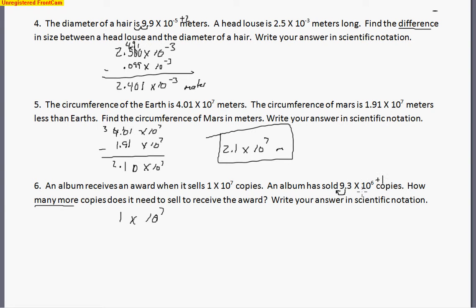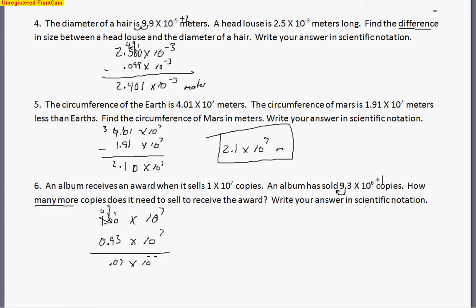So if I add 1 extra 10, that's like multiplying by 10. That means I need to divide the multiplier by 10 to make the numbers the same. So I'm going to go ahead and erase this 1 and move it over just a bit because I need to add a 0 underneath that 1 and 0.93 to get that number to be the same as the one I have in the problem initially with a power of 7 on the 10. So that means I need to add some extra zeros to the multiplier of the first value and do some borrowing. And so this will be changed to a 9, and so it makes 0.07, and that is